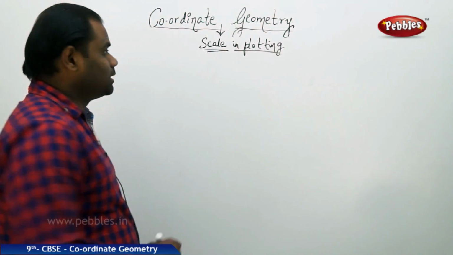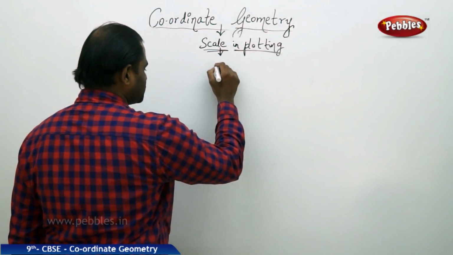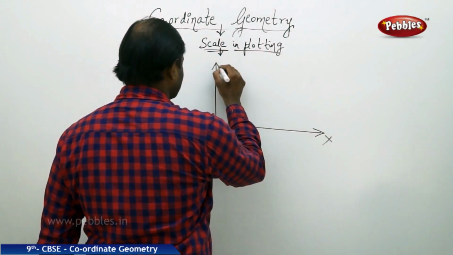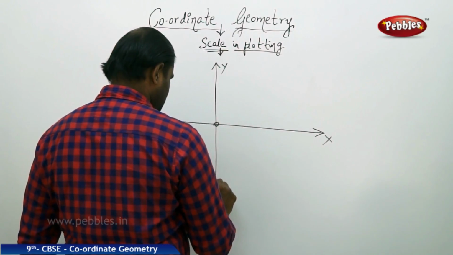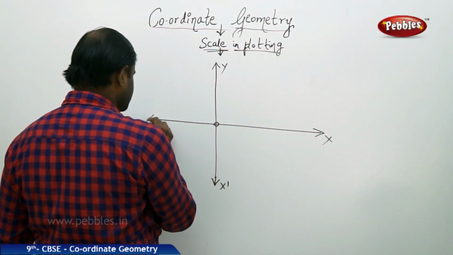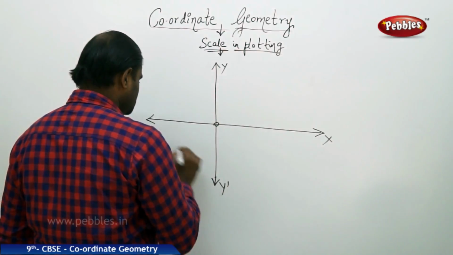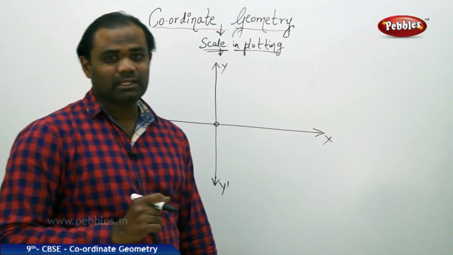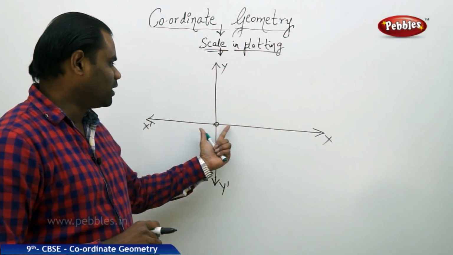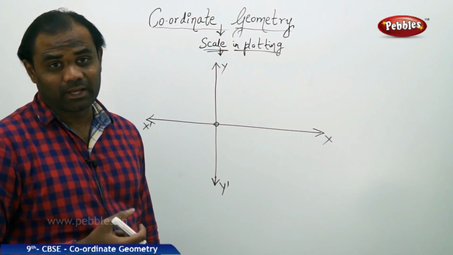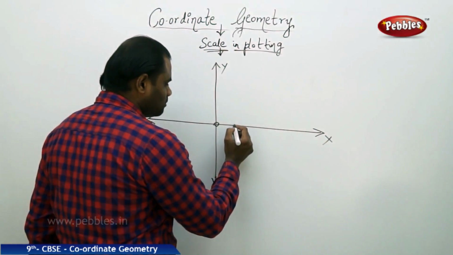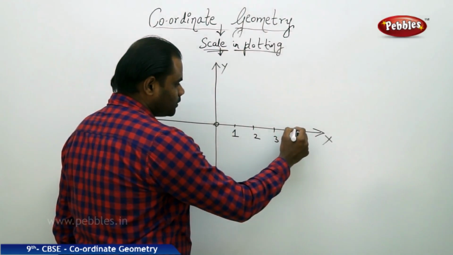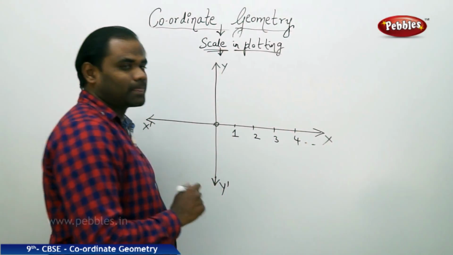Let's see what a scale is. Imagine I take an x-axis and a y-axis with origin, with XX dash being the x-axis and YY dash being the y-axis. Now scale is the measurement used when we move the points along x and y-axis. For example, when I locate points 1, 2, 3, 4, etc., I mean